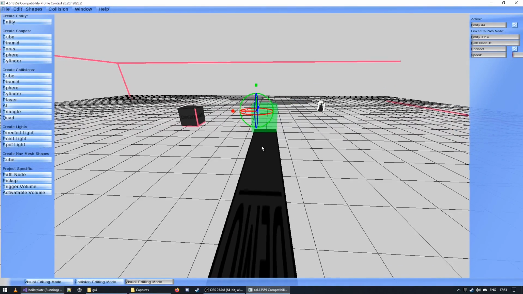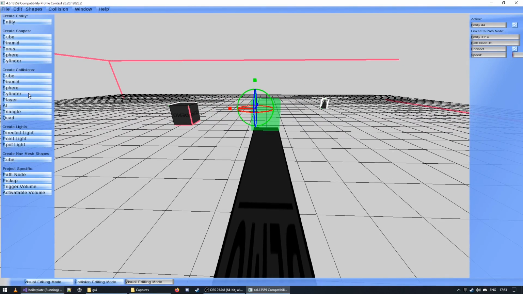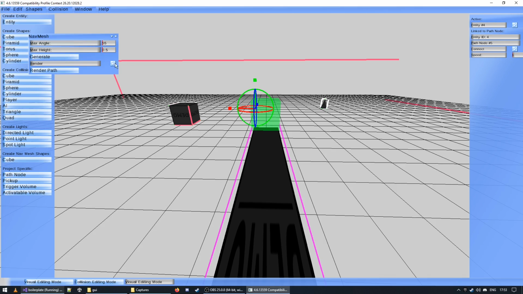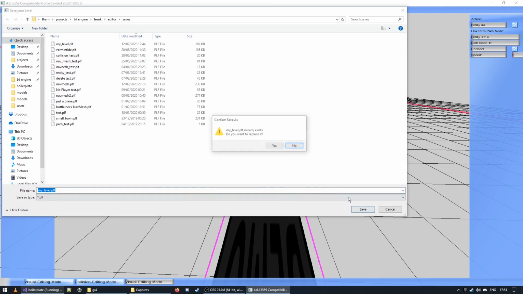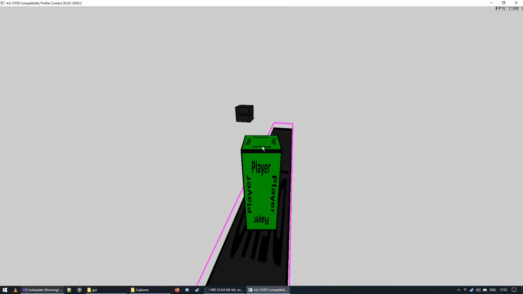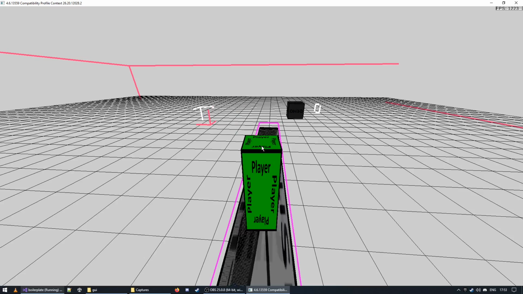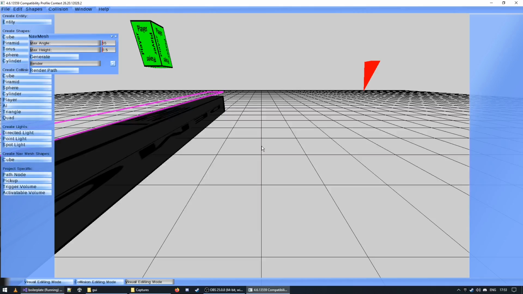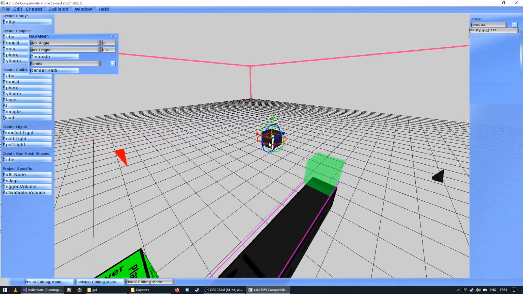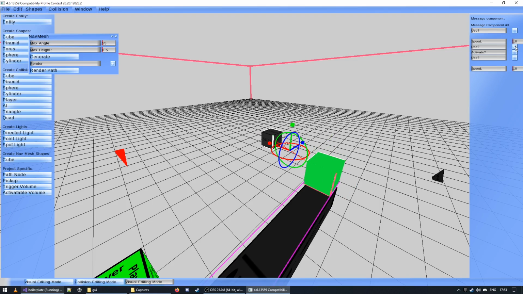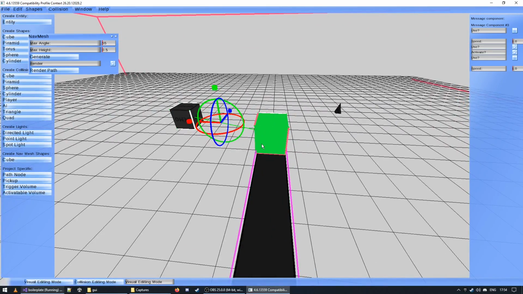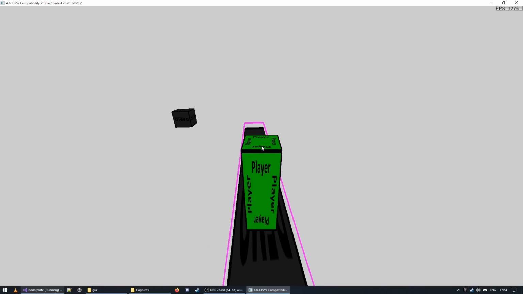So if we just add a player to the mix, let's save it. You'll see that this entity will move straight to the path node it's linked to. However, if we make this not active at the beginning, but now use the trigger volume and link it to this bit and say activate it,